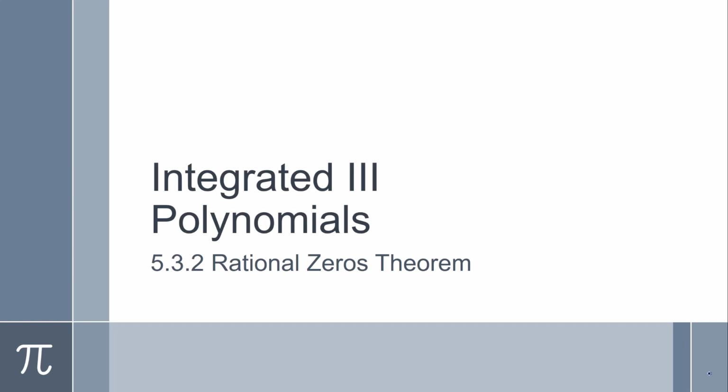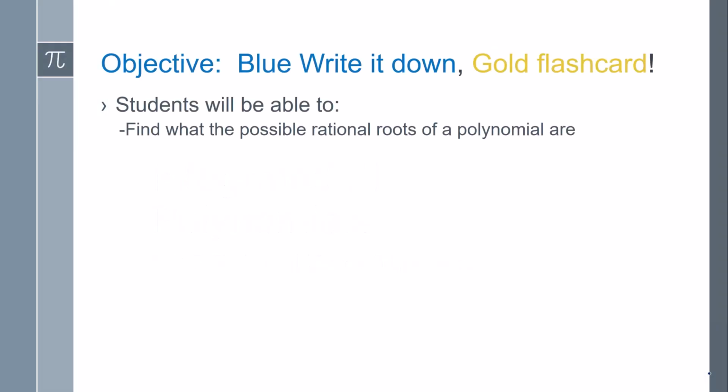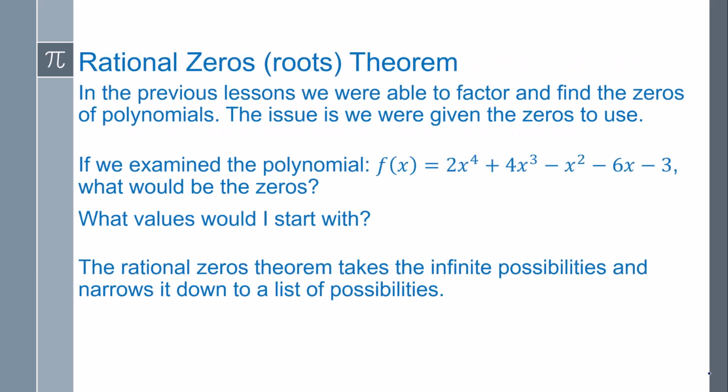This is section 5.3.2. We're going to look at the rational zeros theorem. So we're going to find the possible rational zeros of a polynomial. Now, the reason why we need the rational zeros theorem is because if we examine a polynomial like this,